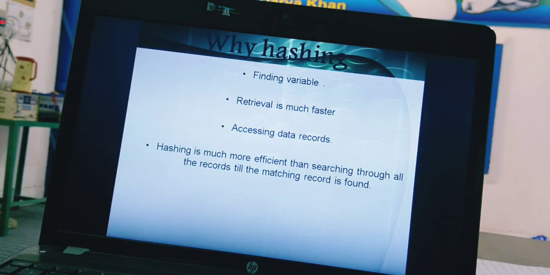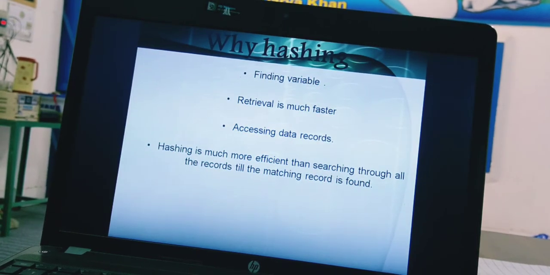Hashing is much more efficient than searching through all the records till the matching record is found.